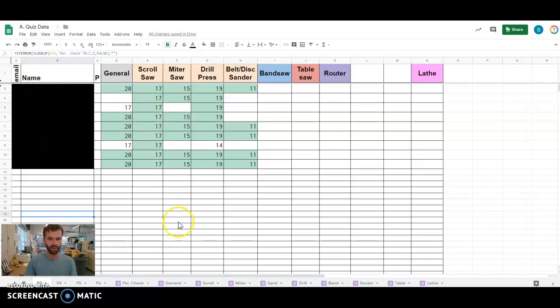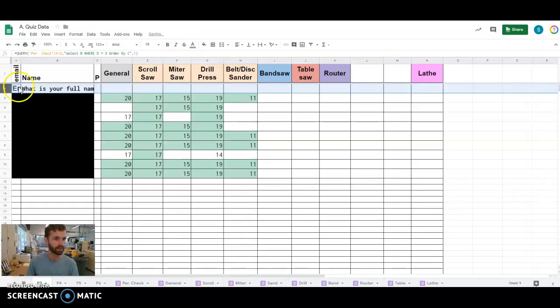I blocked that out. So this is just a whole bunch of Google Forms that is linked and creates one big master list here, and I'll be putting one of these in the Instructables for you guys. If we look here, it's all based off of this query and then VLOOKUP. You can play around with those, but basically it's what you're going to be looking at in each thing that you might have to change will be, if we click on one of these, like this